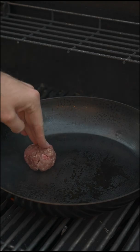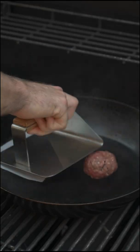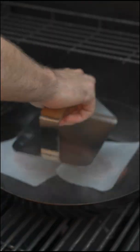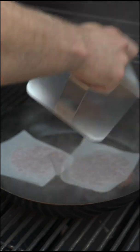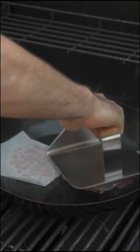Beautiful. Now you're going to want to ball up the meat beforehand. It's just some ground beef, 2.5 ounces per ball. Push them down a little bit, and then you're going to want to get a spatula and really smash these down. The more you smash, you're going to get that really crispy crust on the edges, and that's what we're